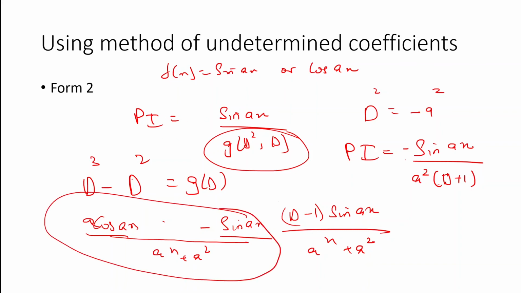Very simple. Particular integral of sin ax divided by g of d square comma d, where d square is equal to minus a square, d is not equal to minus a, d cube is not equal to minus a cube. You can only raise it to even powers. So you replace it, then do rationalization, then separate it, and find the derivative of that cos or sine, whatever it is. If this was cos, then this would just reverse. Now it is sine, so it became this. If it is cos, it is different, that's all. But it's the same property, but they must be isolated trigonometric terms, meaning it's sine ax or cos ax. So that's the rule. That's the second form.